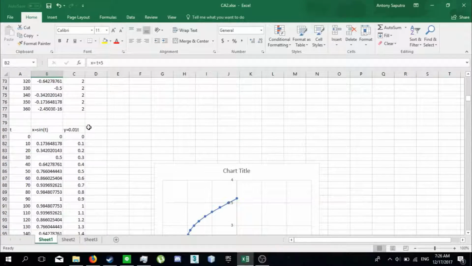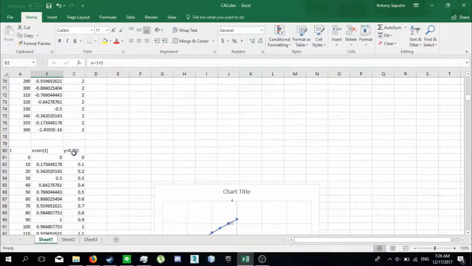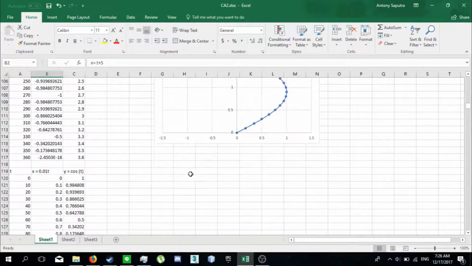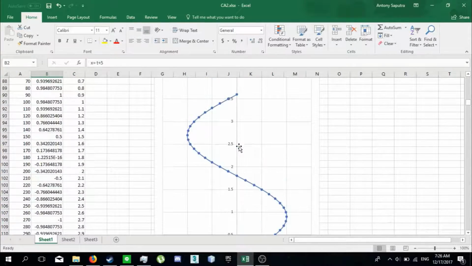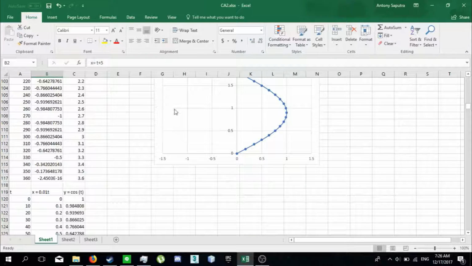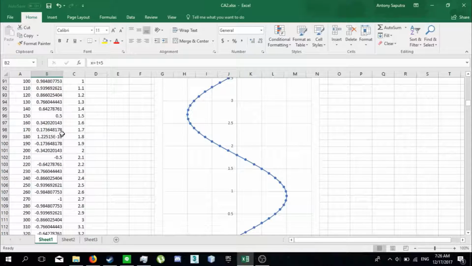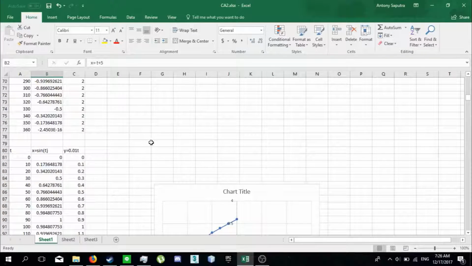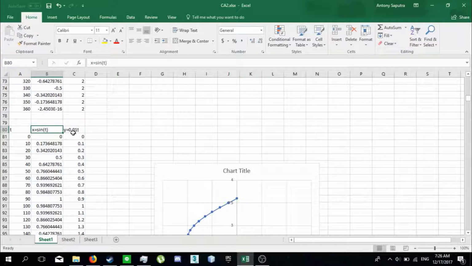The y is constantly moving up 0.01. So it's going to be waving up to the top. You can switch it around, which is going to be a wave from left to right or right to left, considering the direction. So one of the x or y is going to be sin or cos, and the other one should be